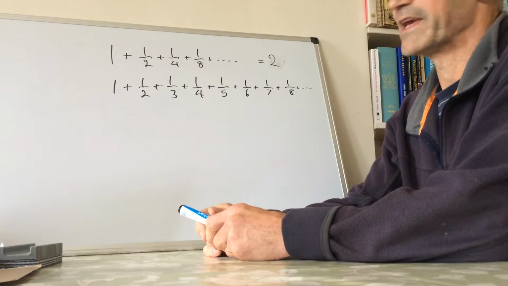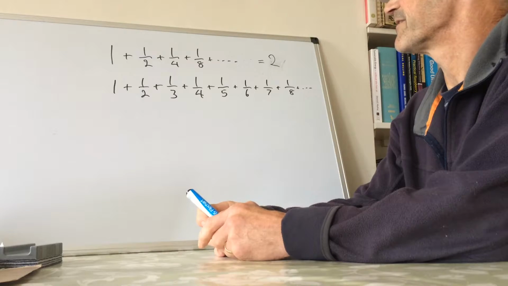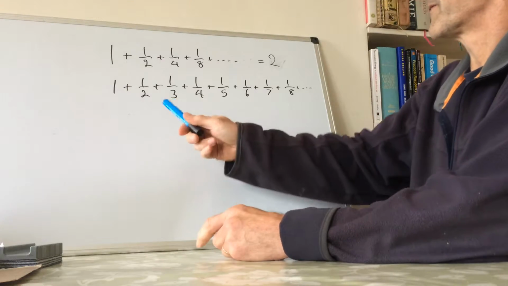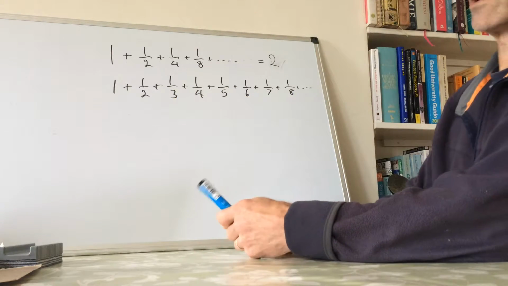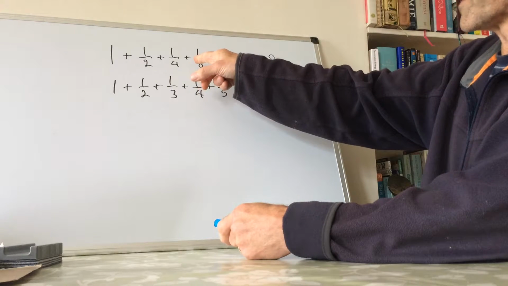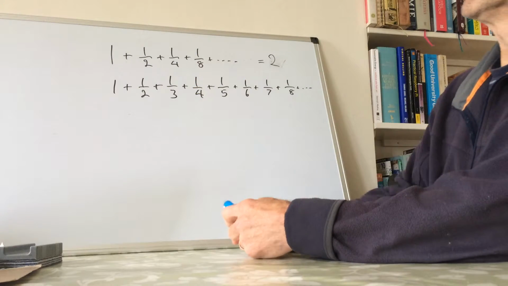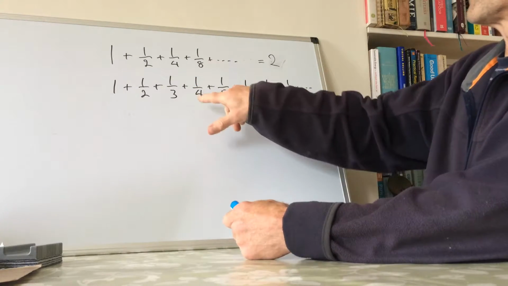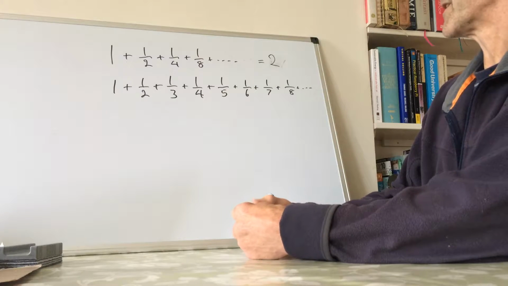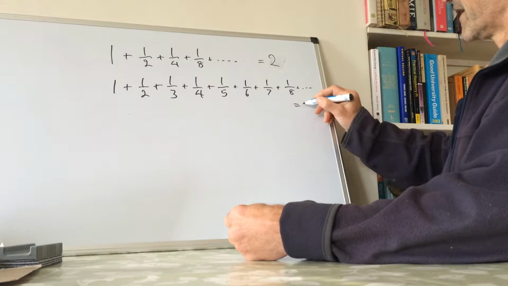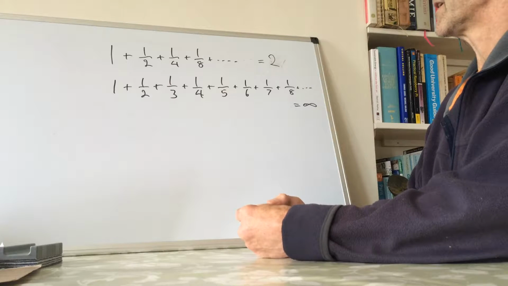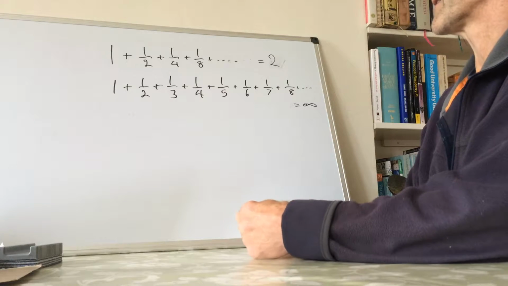Well, the answer with that one is that it diverges, although the terms do get smaller and smaller as you go along, and all of those terms are actually included in here. This sum actually comes to infinity. Okay, and it's not too hard to see. The way that you see that is